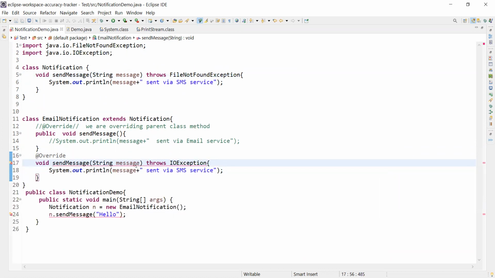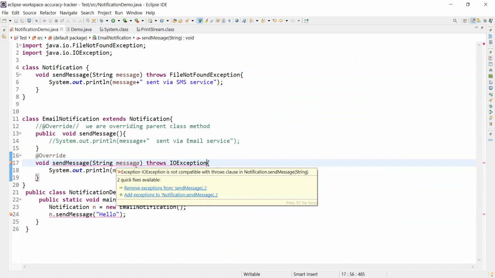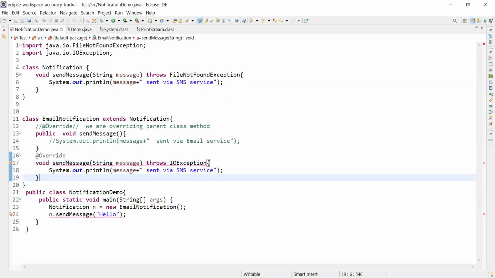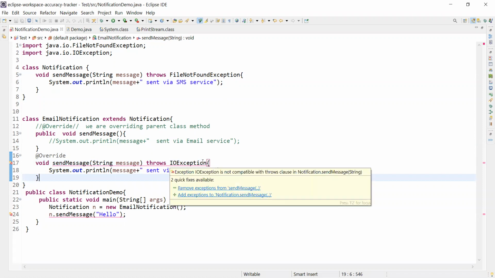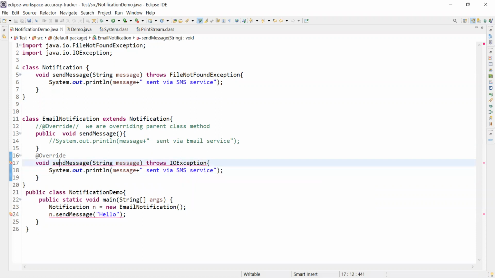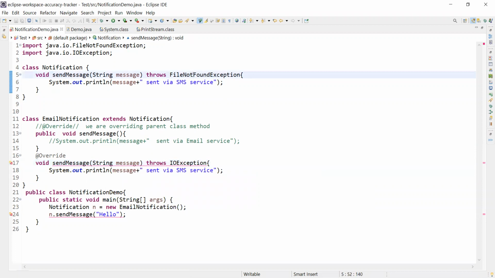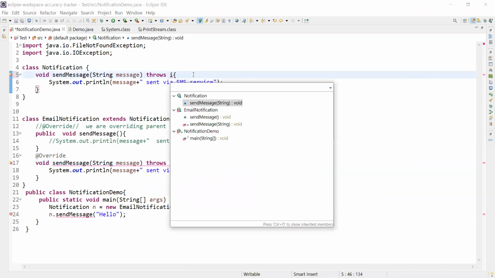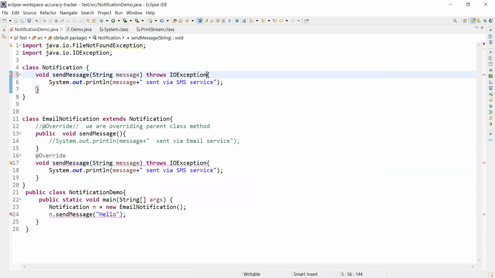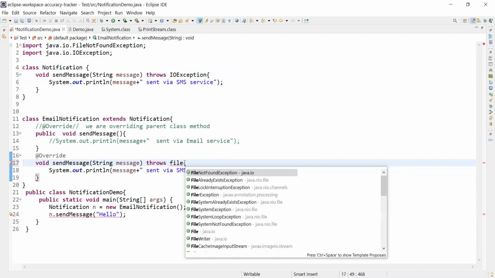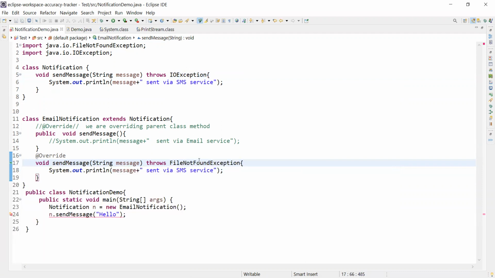So you will see an error message. What is that? Exception IOException is not compatible with the throws clause in Notification.sendMessage. Means if you want to throw an exception with greater scope or a parent scope, you cannot do that. And if you want to do so, then do the similar thing here, IOException, then there is no issue. Or even you can use FileNotFoundException here.